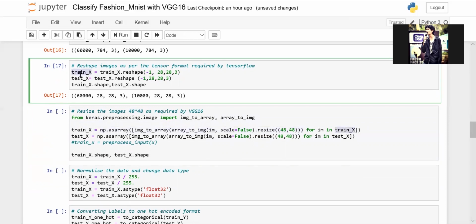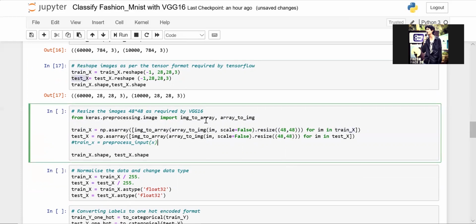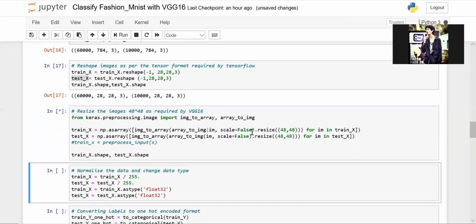Trainx is nothing but the training data of images, and testx is nothing but the testing data of images. We have the resize function here with scaling as false, which means you won't be stretching or doing anything to the image. Basically, the 28 by 28 image will be converted into a 48 by 48 image without scaling it much. So we'll be doing that. It takes a bit of time.